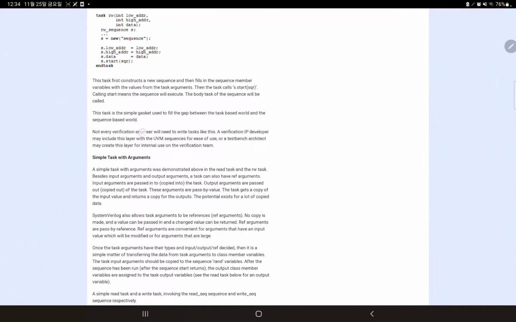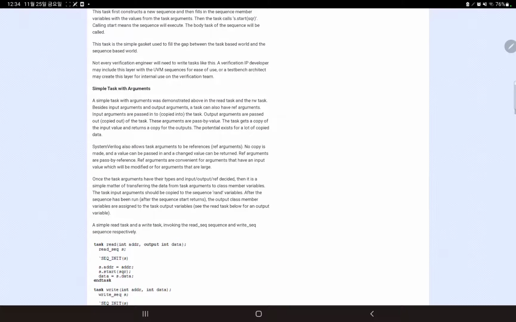Not every verification engineer will need to write a task like this. A verification IP developer may include this layer with the UVM sequences for ease of use, or a test bench architect may create this layer for internal use of the verification team. The simple tasks with arguments. A simple task with arguments was demonstrated above in the read task and RW task. Besides the input argument and the output argument,